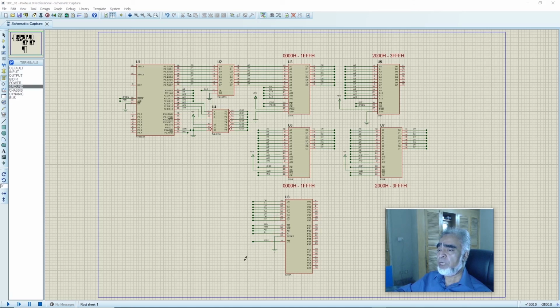So here we have completed our microprocessor based system using 8089C51 microcontroller as microprocessor. We have used two source code ICs of 8K. We have used two RAMs of 8K in our microprocessor based system, and we have used one PPI interface circuit to interface our microprocessor with the real world. We can add more ROMs to our system as per requirement of the system. We can also add more RAMs as per requirement of our system, and we can add more ports to our system for the real world interface. We can add next 8255 PPI circuit to extend our IOs to the real world.